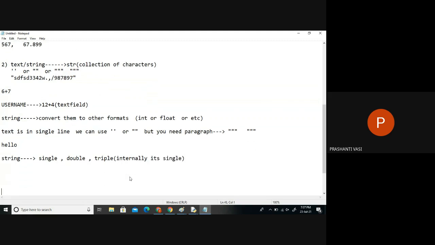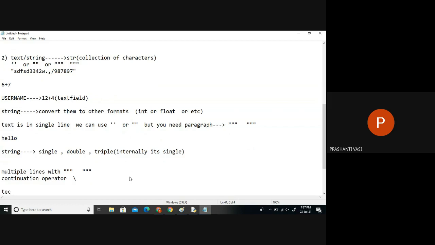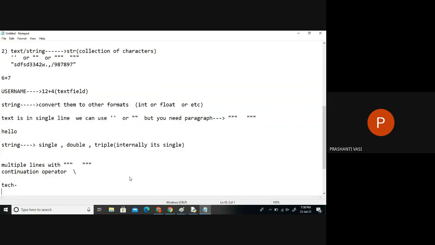And to type multiple lines, what I said, multiple lines can be typed with only triple quotations. And there is one more for that. There is a continuation operator. There is a symbol called the continuation operator, which is written like this. In English, if my sentence is over, we put a hyphen and come down. If a line has ended already and we don't have space, we just put a dash and continue to the next line.